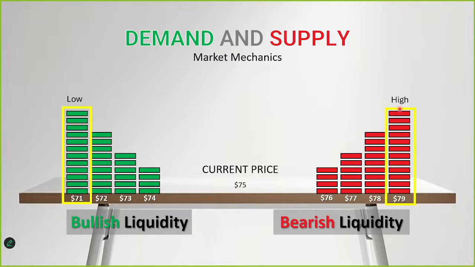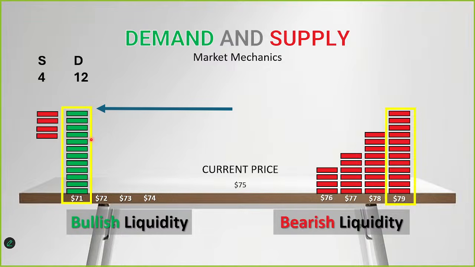Because of market mechanics, we distill all of this down. There are buyers and sellers in the market. And new sellers and new buyers are constantly coming in and out of the market, so these stacks are constantly changing sizes. But they would look for this big stack of orders because the average amount of sell orders would not be able to fill it. And so as we have sellers coming into the market, eventually these stacks are going to go away and price is going to come all the way down to this big stack of buy orders. We're just going to call this 12 buy orders versus 4 sell orders.